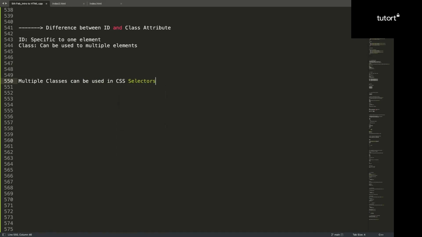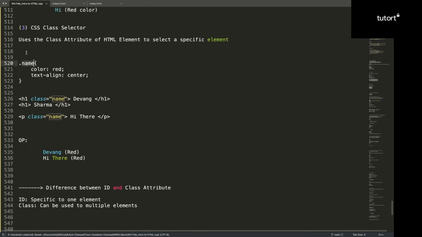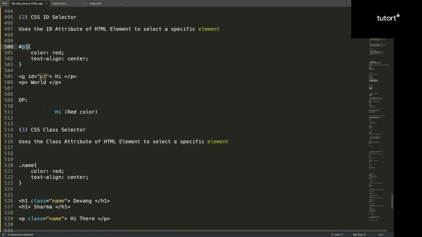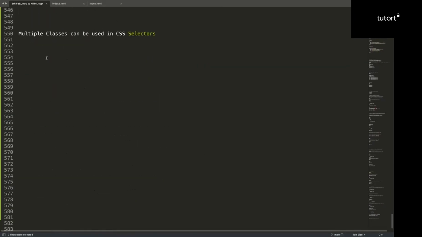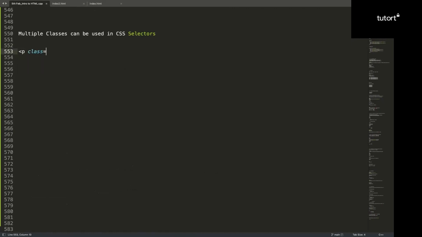What does that mean? As of now, I've just used one class here, right? Class happens with a dot and ID happens with a hash. I can use multiple classes, but I cannot use multiple IDs as CSS selectors. What does it mean? It means like this. I can create a P with class equal to center